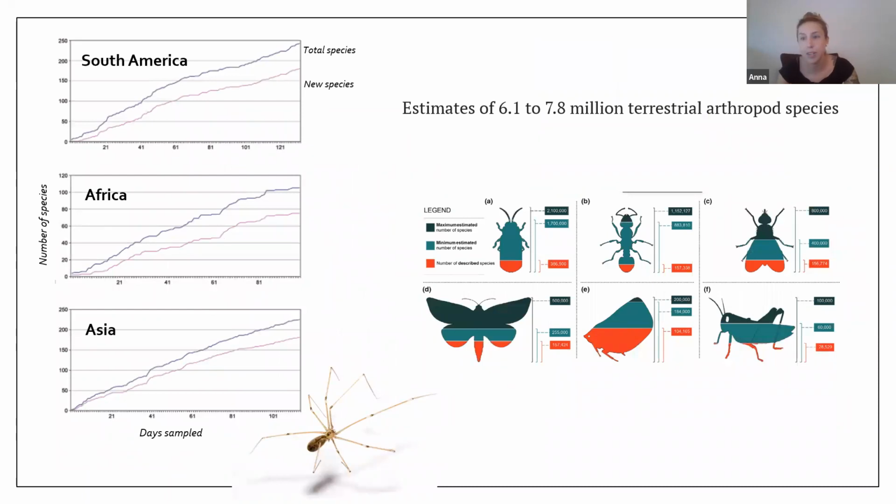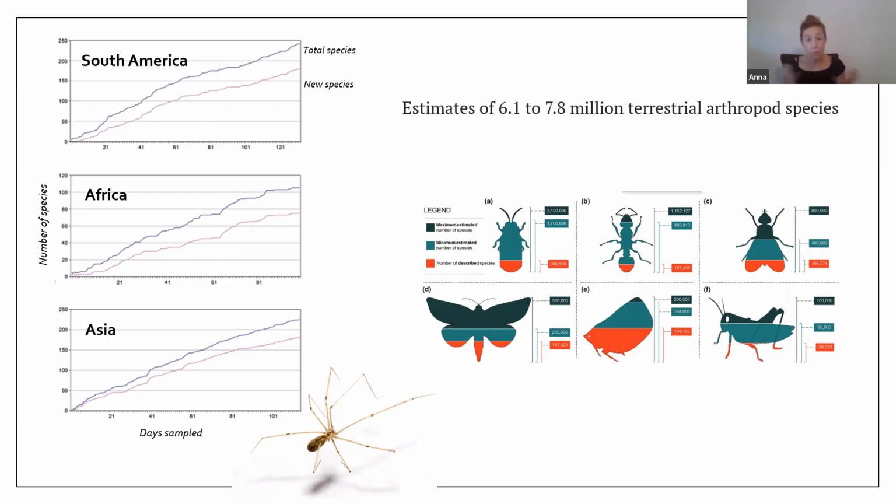But just like other arthropods and other insects, they are greatly understudied. Total papers right now are estimating total terrestrial arthropod species somewhere between 6.1 to 7.8 million species. Of course, with a lot of the major arthropod orders, we're just at the tip of the iceberg for what we've known about those taxa. More recent estimates with spiders are saying, once again, 170,000 plus species. But like other arthropods, as we sample, we're just consistently detecting new species, and we haven't really reached this plateau for the mass majority of families.